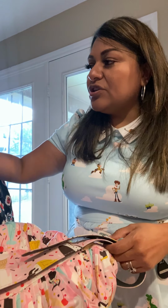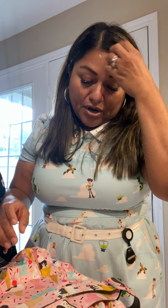This one's a collaboration with Irregular Choice. A lot of times, whoever they're collaborating with has a big say-so on what kind of fabric they use, what style they use. I think sometimes even what factory they use. I could be totally wrong on that last part. But I've heard that when you do collaborations with some of these companies, they determine down to the fabric how they want it made. Since this one is a house brand of Sarsparilly,